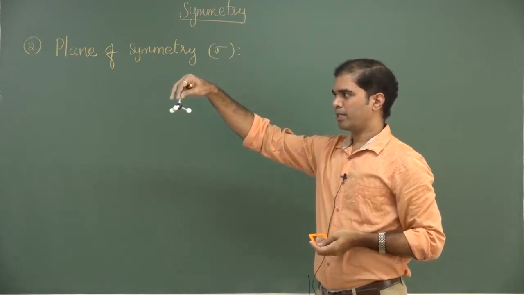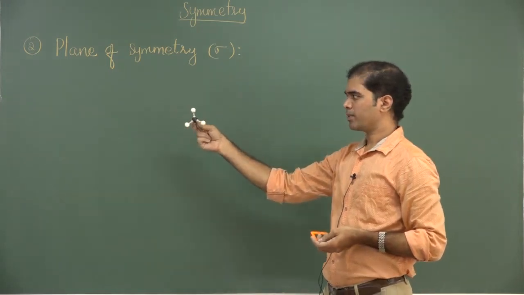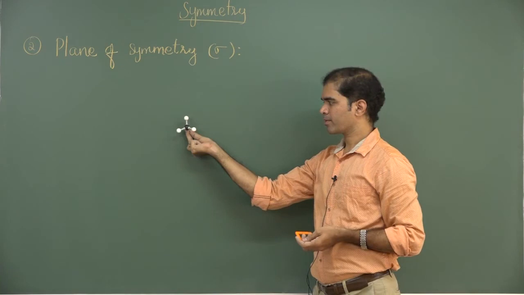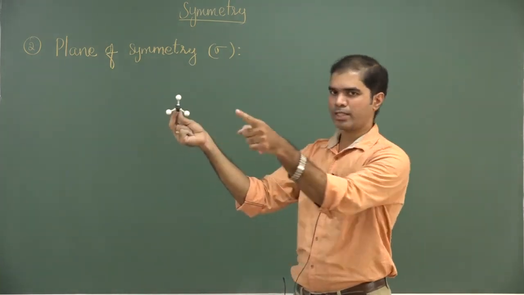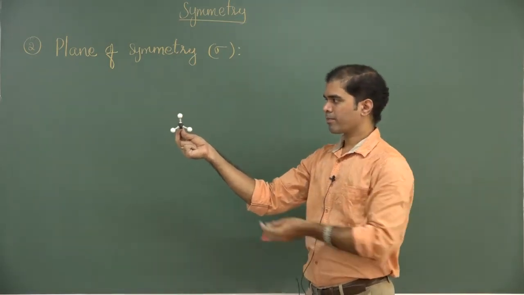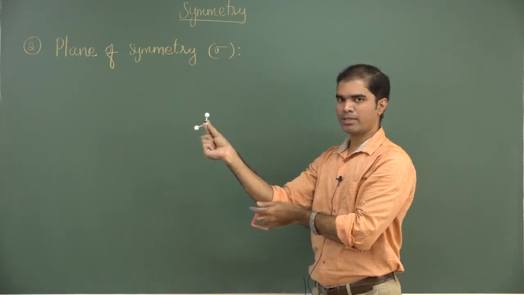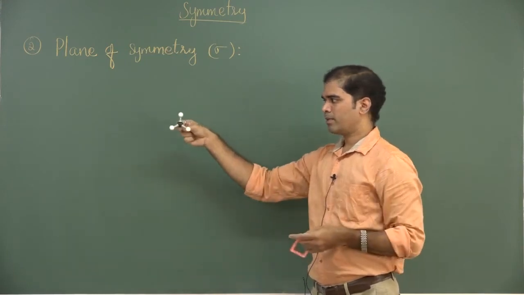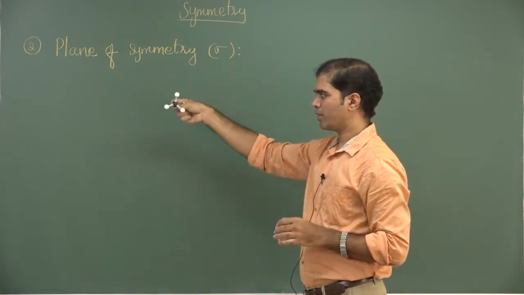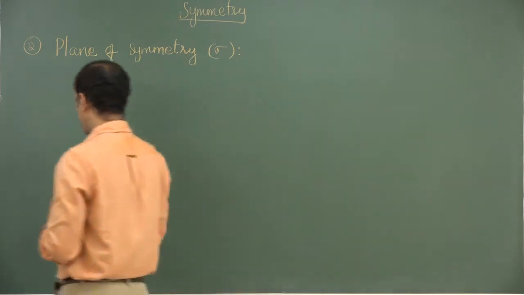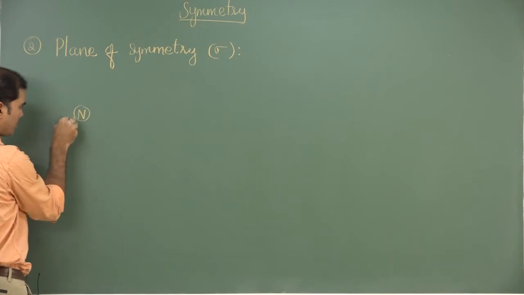You may hold the ammonia in this manner, or you may also hold it in this way. So as I am holding it in this way, you can check. The three hydrogens are facing towards you. Lone pair is away from you, or you may also hold it this way, where the lone pair is towards you, three hydrogens are away from you. This is a much more convenient position. Instead of holding this way, you may hold it this way. So for showing the planes, nitrogen,